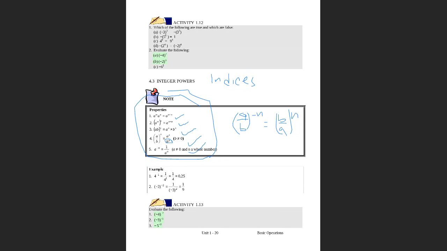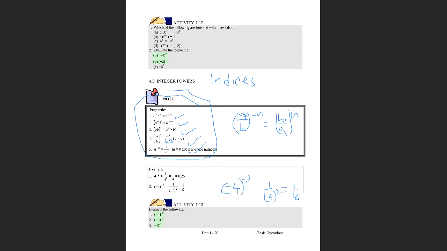You have to know that minus 4 all exponents negative 2 will be the same as 1 over negative 4 all squared. You have to know that when the power is an even number, even when it's negative, it becomes positive. We've seen that. So we get 1 over 16.